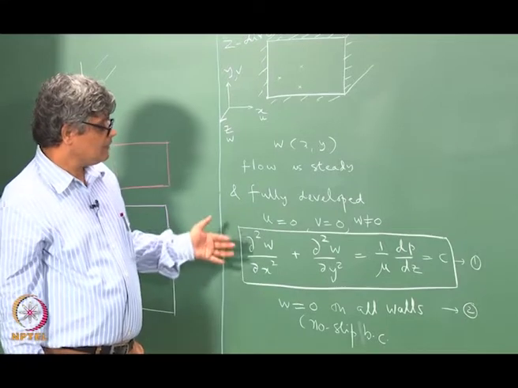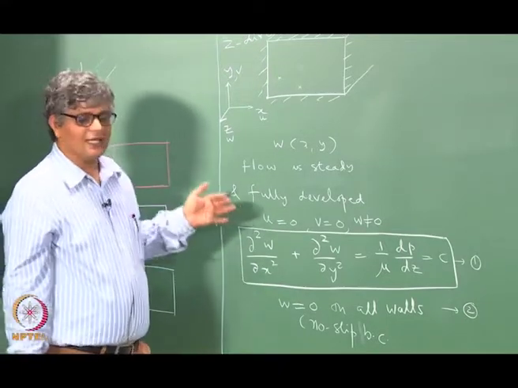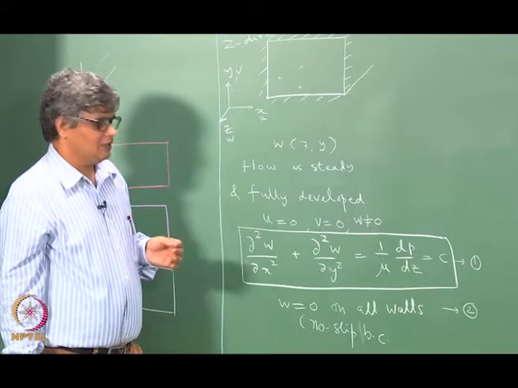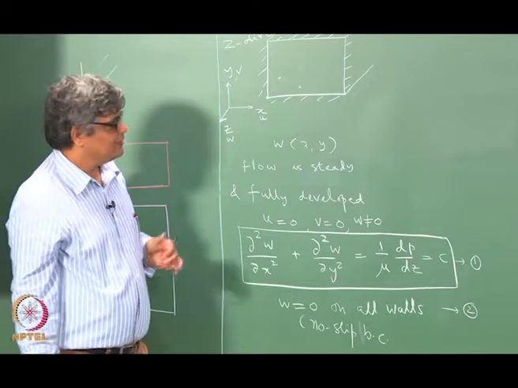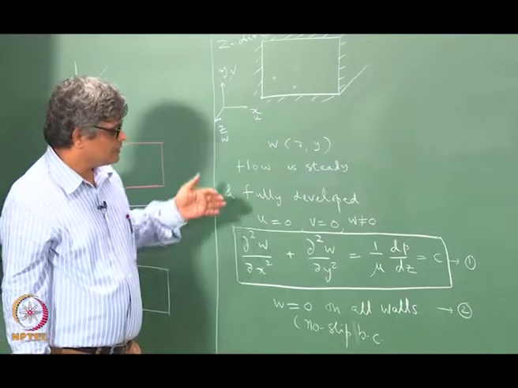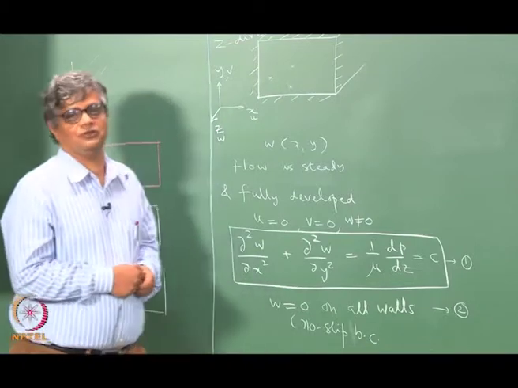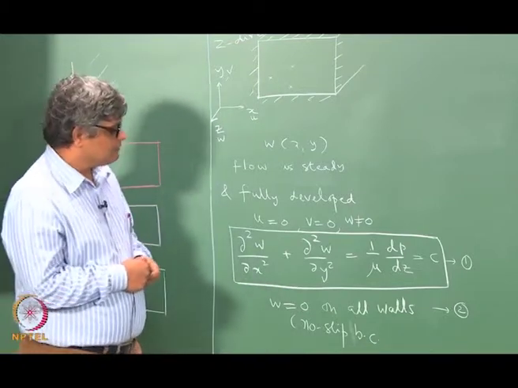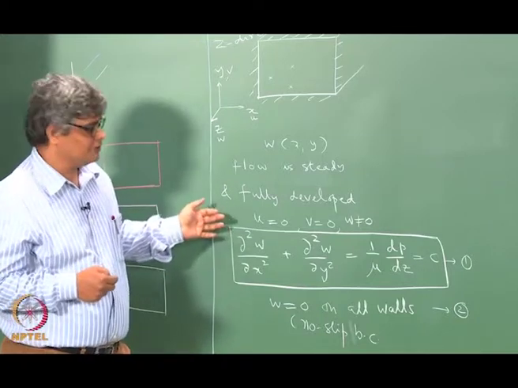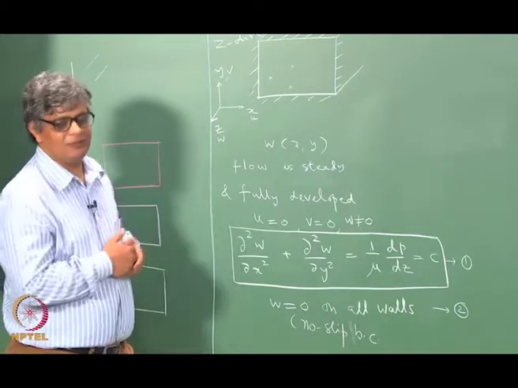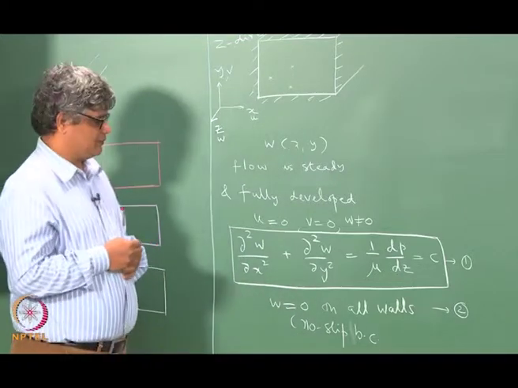Okay. Now, we can do this analytically. It is not as simple as flow through a circular pipe. It can be done analytically, but what we would like to do is solve this problem using the computational fluid dynamics approach. Okay. What we mean by computational fluid dynamics approach is that we try to get a numerical solution to this in a specific way, which we are going to use again and again, which we are going to develop in the rest of the course.